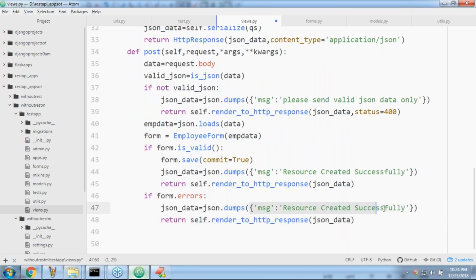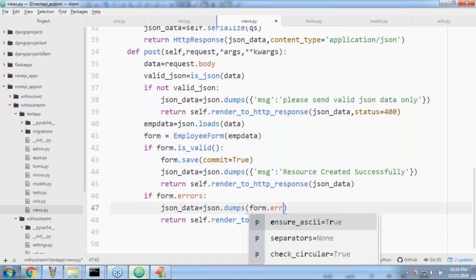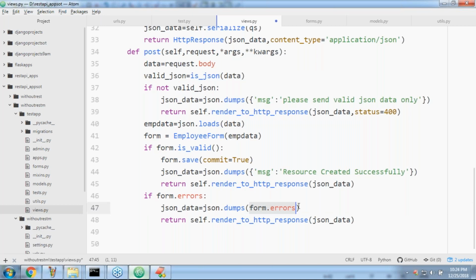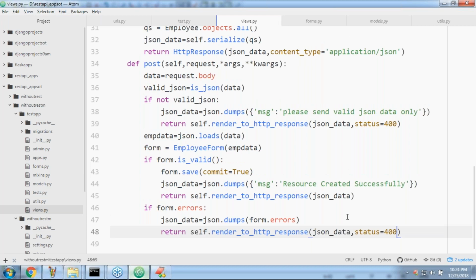Here what I want to take is the form.errors. Form.errors is already a dictionary. Form.errors is the dictionary only. Return JSON data, comma, status equal to 400. Validation fails, provided data is not valid, like this, right? But anyway, how to implement validations, that part I will take care of. So with that, that's it. Sir, how beautiful it is.